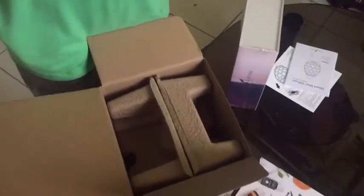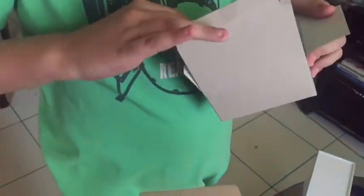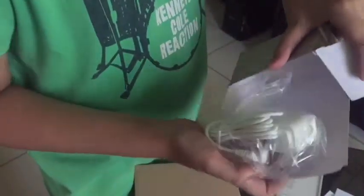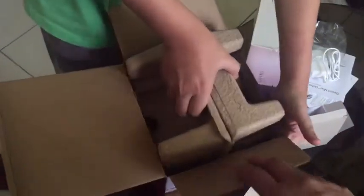What's this? Got a charger of the diffuser here. You can see right here. You just put it down. Let's check the big one. Careful. Let me see. That's really